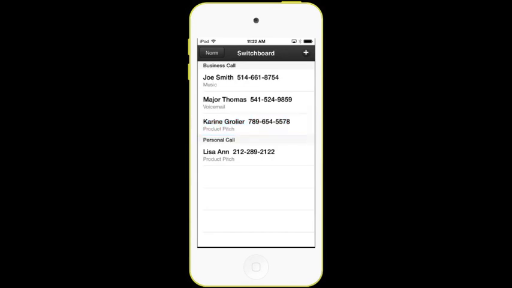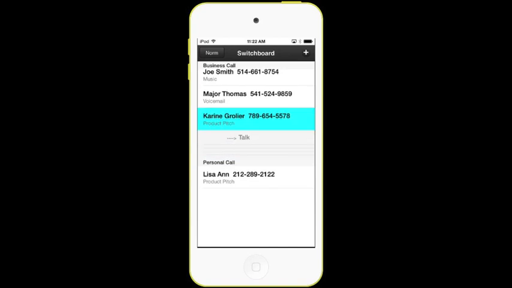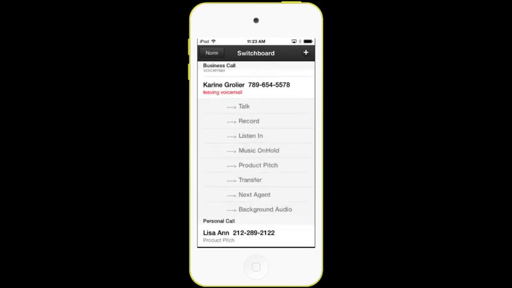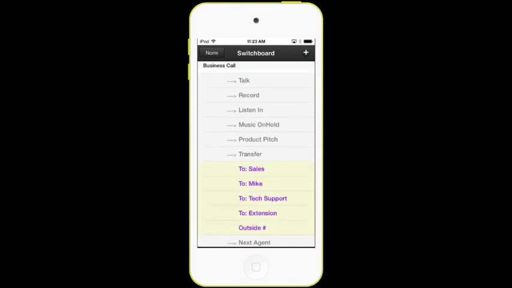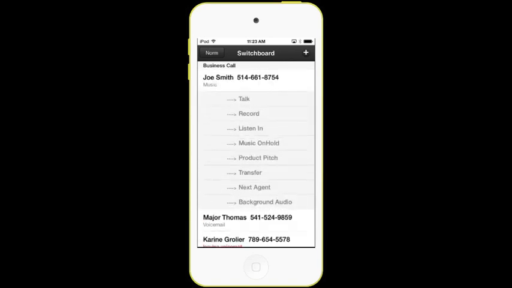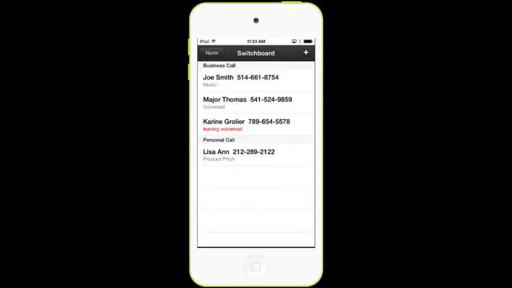And again, while the call is ringing, you can click and have your functions, or maybe this person leaving voicemail. That red text is the status of the call session. So this person's leaving a voicemail, and again, you can still control while they're leaving a voicemail. You can push them, maybe transfer them somewhere else or whatever you'd like to do. What if we put Joe Smith here? We select product pitch, and then when the product pitch is complete, so they've listened to a product pitch,